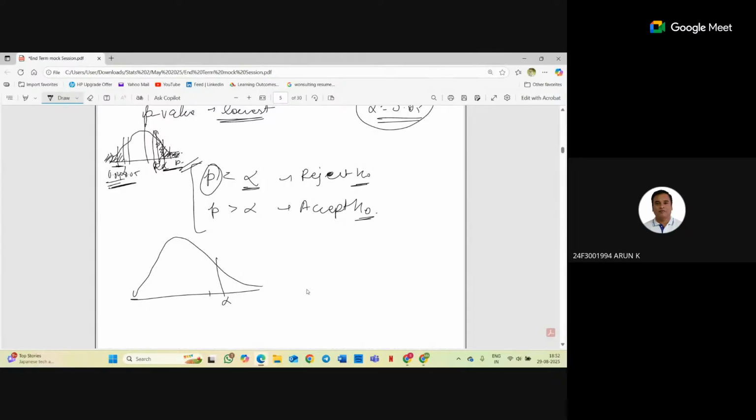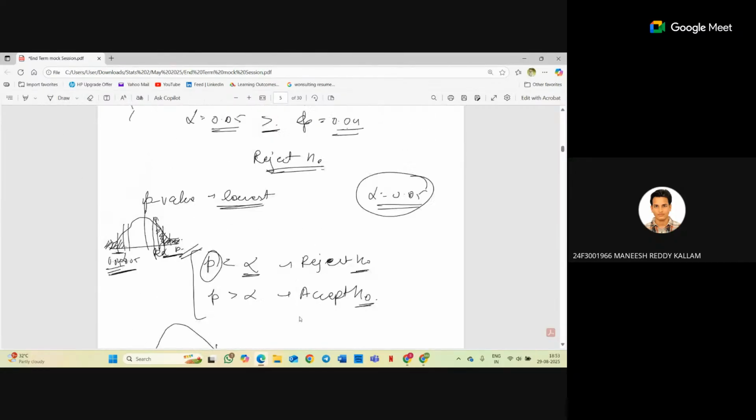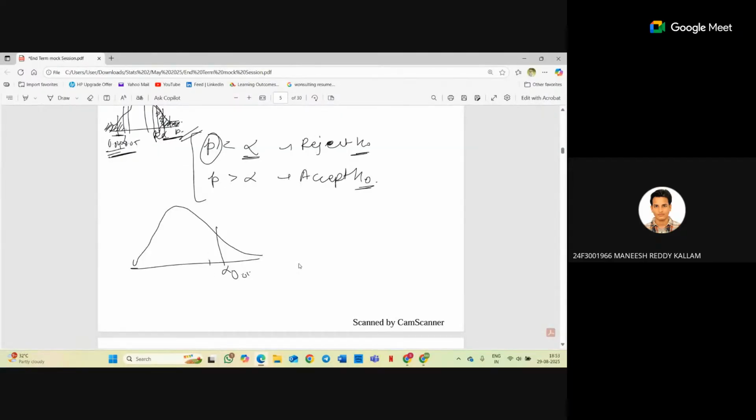So why are we writing alpha here? Alpha is a rejection area, right? Even P is an area, not a point. P is the value at which we get, the value of alpha at a given C, right? We are doing it in another method, sir. I hope I was clear. I'm confused with the notations only. C and P I am very clear on, but alpha, why we are mentioning it, I'm not able to understand.